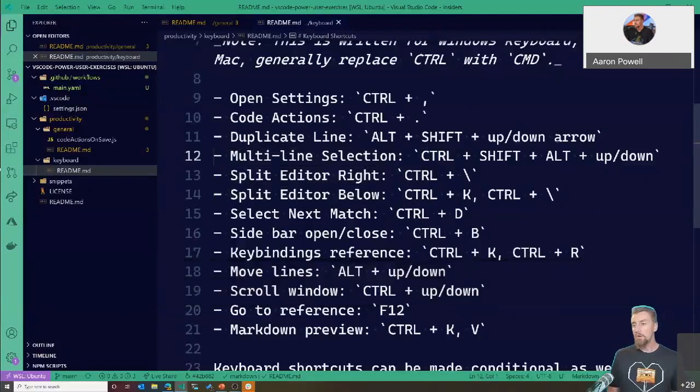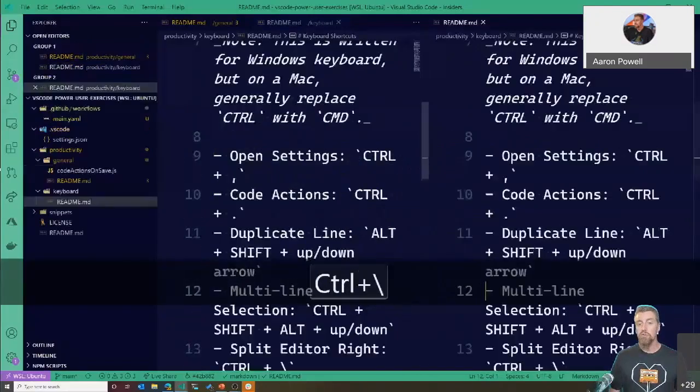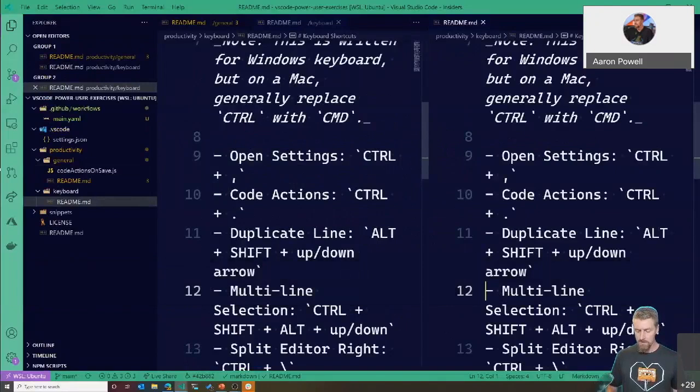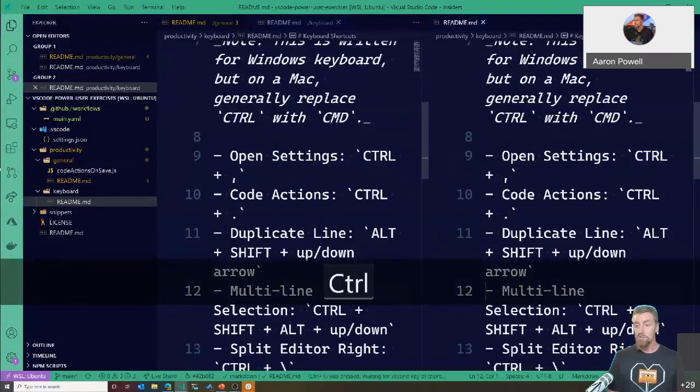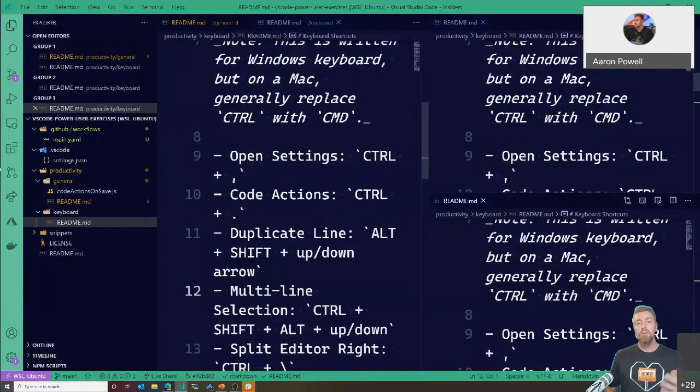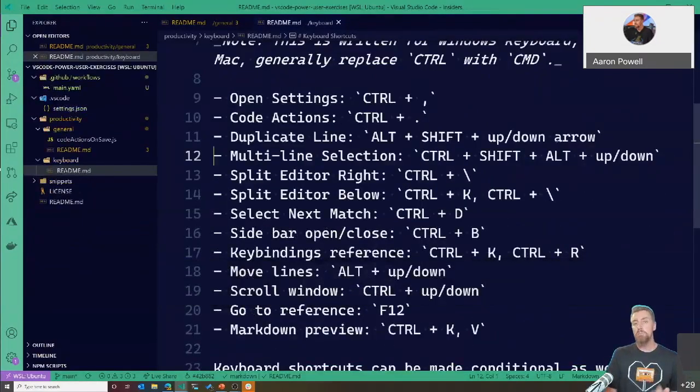If I'm working on a larger screen, I can use Control backslash, forward slash to split the editor across to the right. I can then do Control K, Control slash, which could split the editor below. So if I was working on a widescreen display or a 4K display or something like that, I can open up multiple windows all simultaneously. It will split the editor with the currently open file. So you will actually end up with two copies of the same file open, but that's easy. You then just close it in the one that it's no longer relevant for.